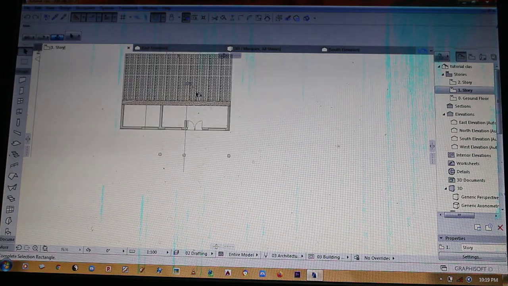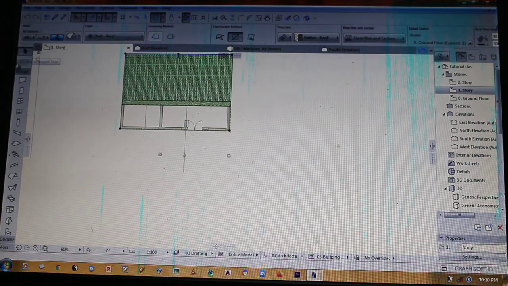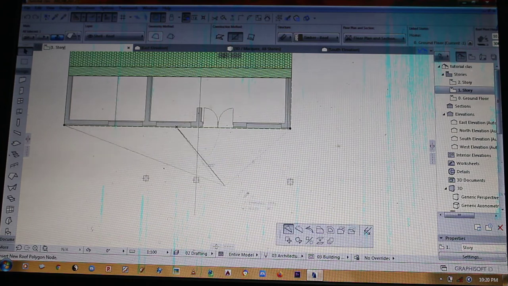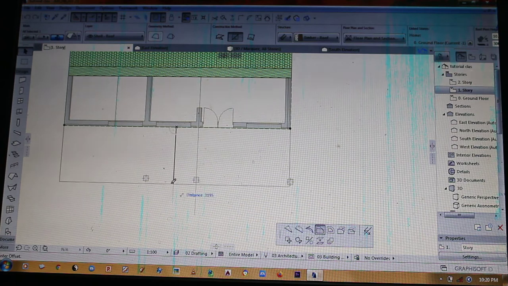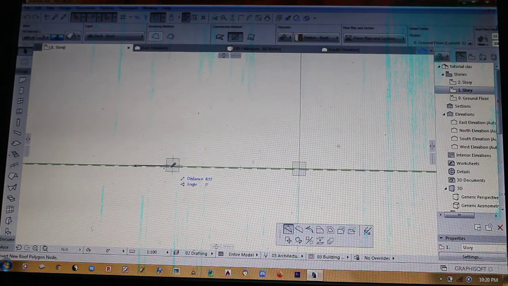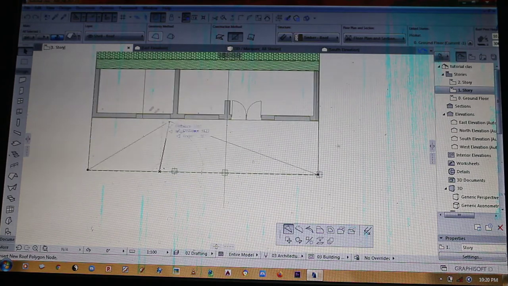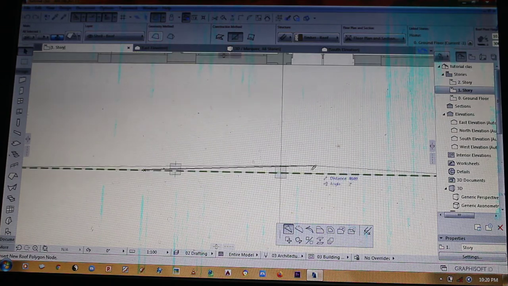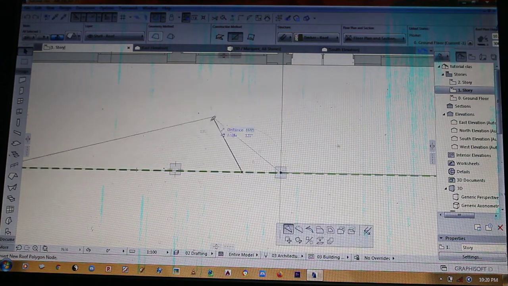Okay, so I have to select my roof and then extend it a little bit. So I have to go to this to offset the edge up to maybe the center of the columns, and then I also have to insert a new node so that I can cut. I want to cut it so that this part is not going to be shortened. Or let's cut it by this column, and then what I do, I offset it back